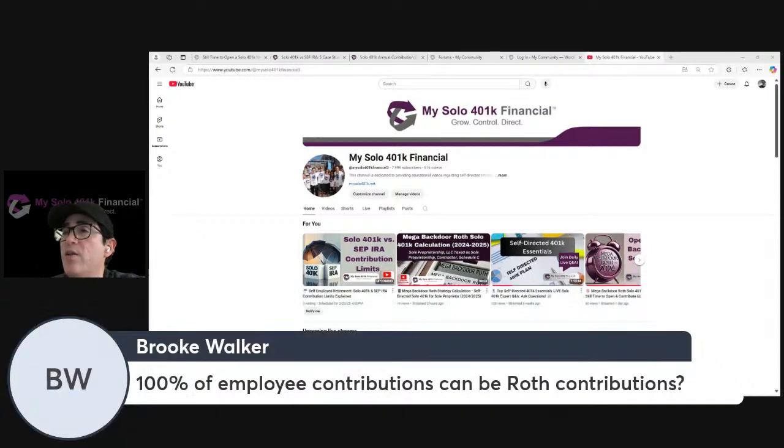Hopefully that sheds light. 100% of employee contributions can be Roth contributions. That's right. With our plan, they certainly can, and they would go directly into that Roth account. So for example, if the goal is a mega backdoor Roth and the individual has $100,000 of W-2 wages from their business taxed as an S Corp, and they didn't make any employee contributions to another plan, like a day job plan, then they can contribute, for example, if they're under 50, 100% of their wages up to $23,500 as a Roth employee contribution. Then they could do the difference up to $70,000 as after-tax, and then move the money from the after-tax to the Roth.